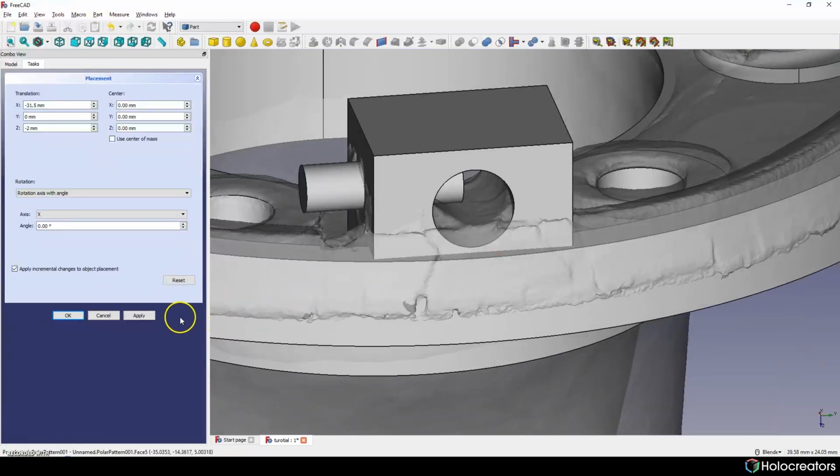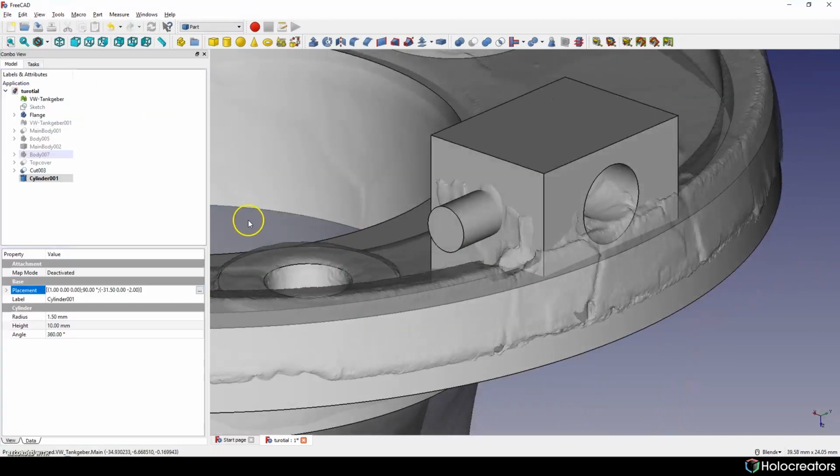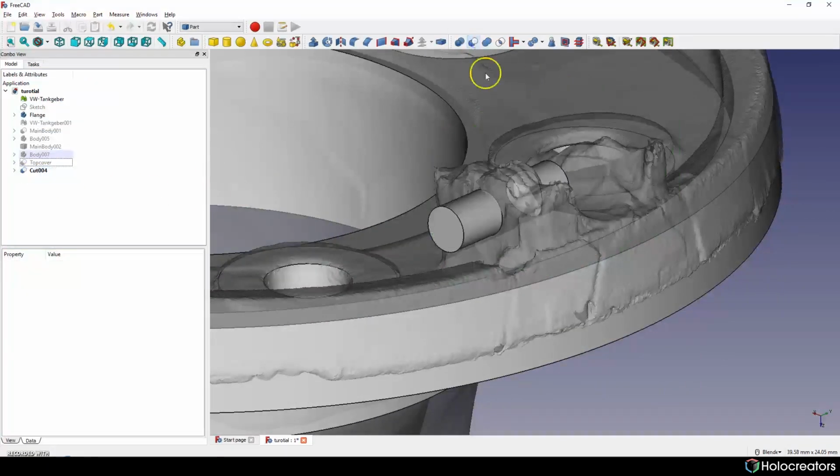This looks correct to me. I hit apply, and now we can do another Boolean operation on it too.